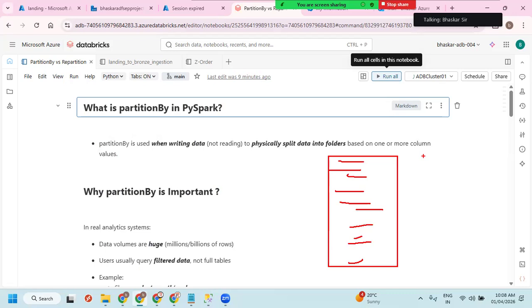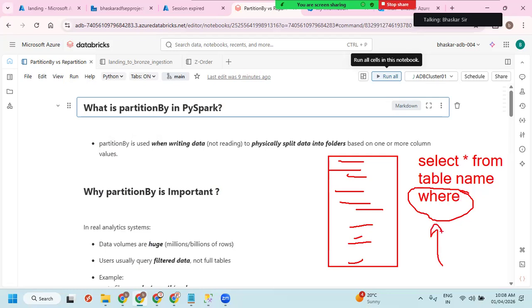Let's say, for example, I say select star from table name, because it is a Delta table. Then it is going to read all the data. If you need all the data, then there is no way around it. But 99% of the time you don't take all the data from the table. You're always going to use the where clause.